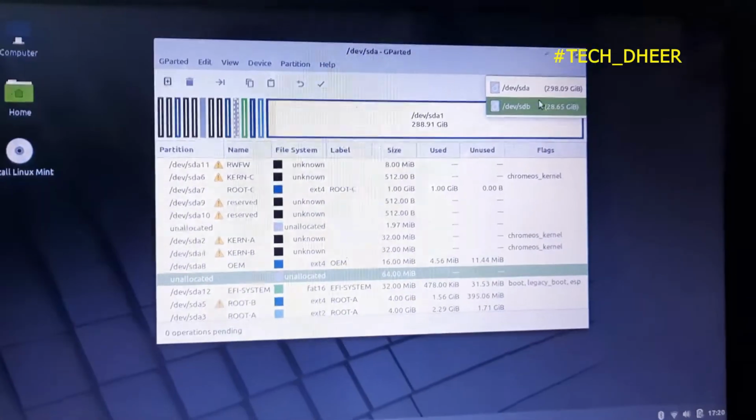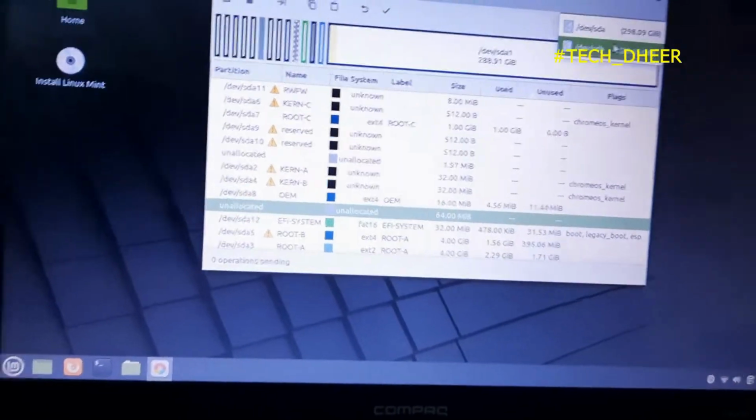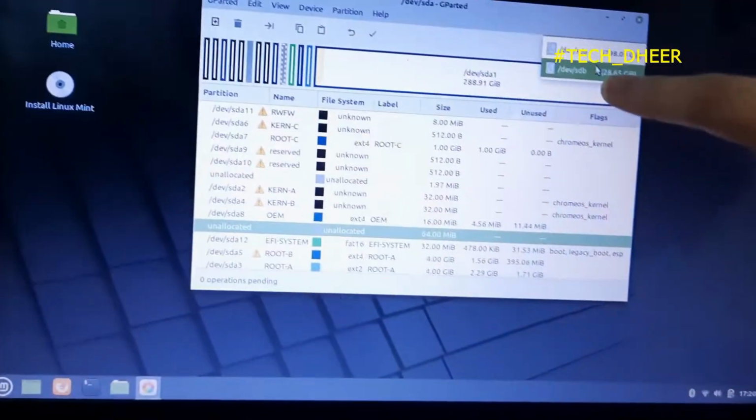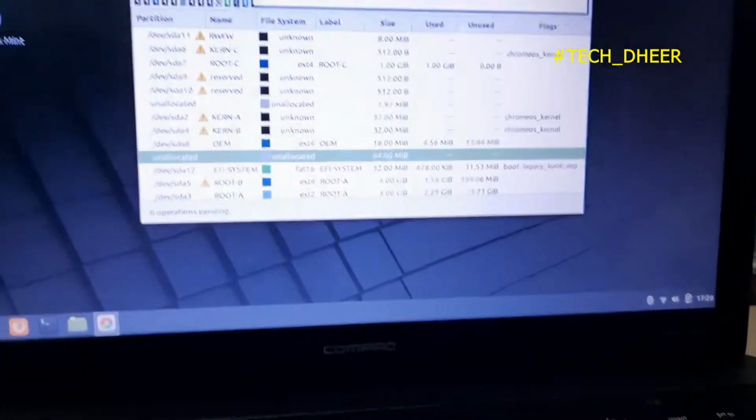So check it out and check the correct drive. You can even install it on your pen drive like this, /dev/sdb. Instead of /dev/sda in the last code, you can put this to install it on your pen drive, but you will need some other pen drive, not this one.